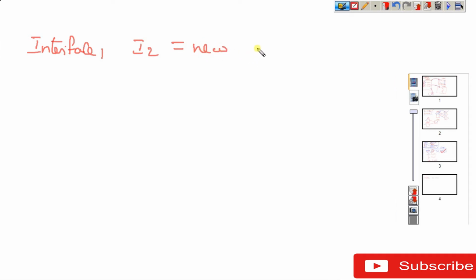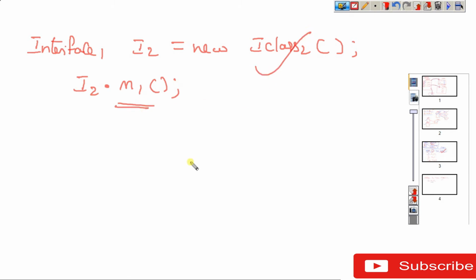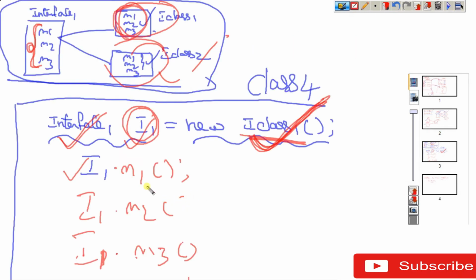Don't go for duplicates. Next, new I class 2. Now we can call I2 dot method 1. So this method 1 belongs to I class 2, and the other method 1 belongs to I class 1. That's the difference you can understand.